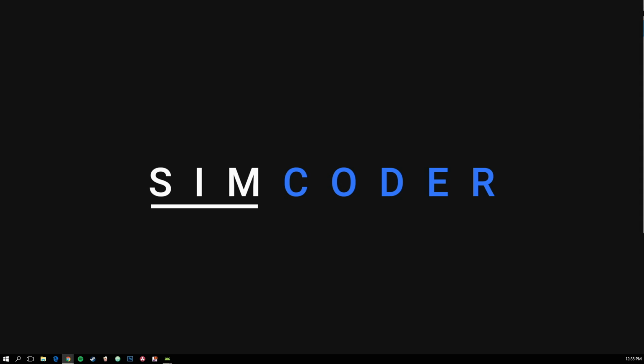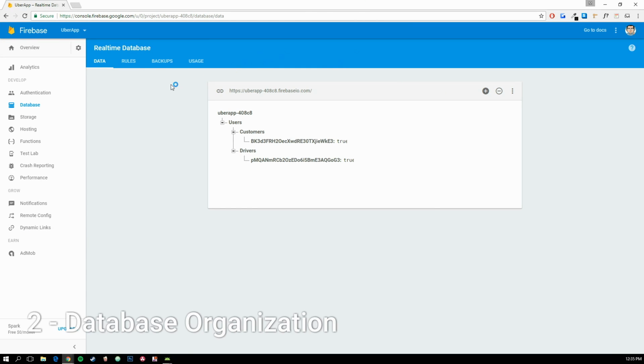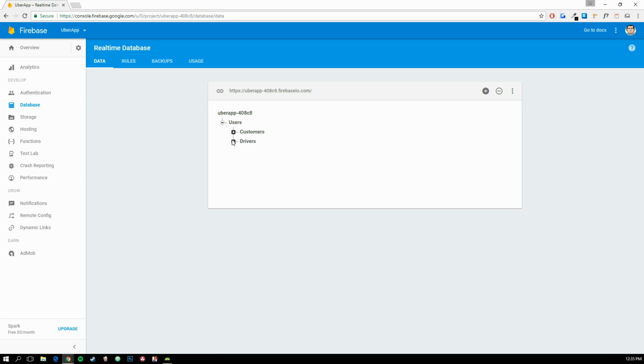First of all, I'm going to grab our Firebase real-time database, and the way we are going to be handling requests is again, as we did for the real-time updated position of the drivers, with GeoFire. And we are going to create something that's really similar. The only thing that's going to change is actually the name of the child where it is stored. So you're going to have something like requests, then the customer ID,